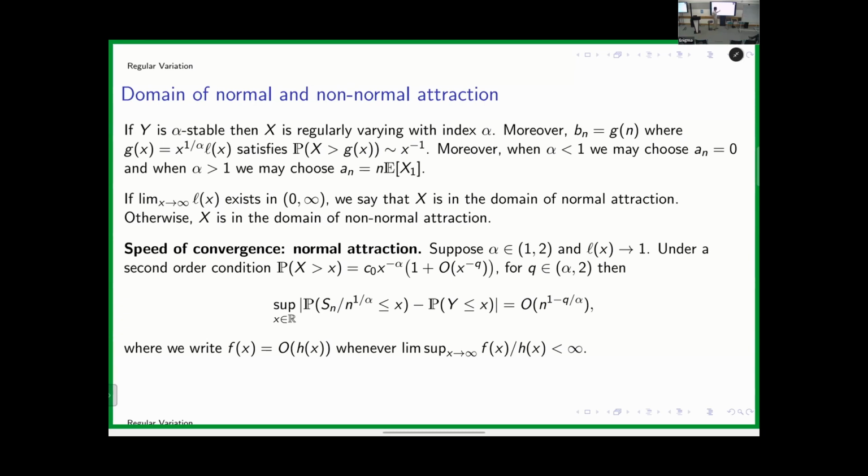But if you're very close to being already stable, so the correction term is also polynomially small on top of this, then you can control the Kolmogorov distance between the distribution of this guy and y, and it decreases polynomially. That means this error term is polynomial in n, a power function of n, and therefore I can go as large as some other power of n here for the tails, for my estimates. So what does the second order condition mean? This is the first order and second order.